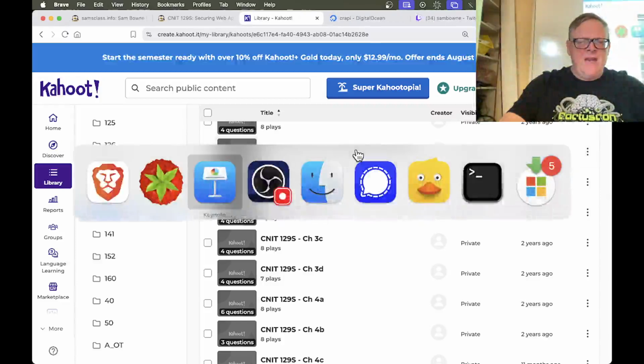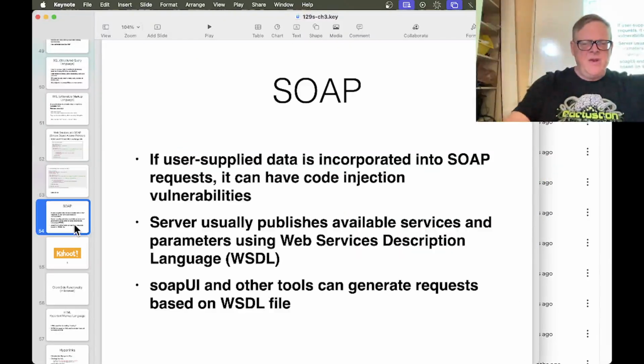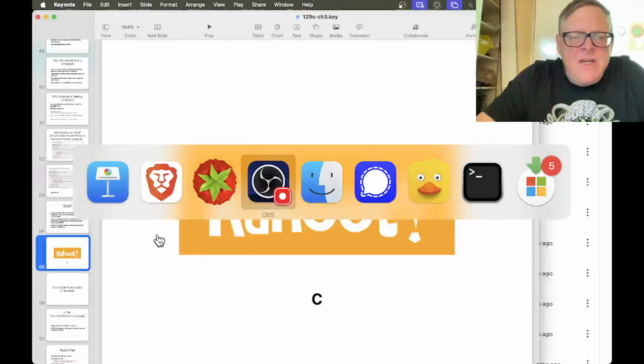So let's go back and look for that. That would be SOAP here. Yeah, the server publishes the available services using Web Services Description Language. It's part of SOAP. Okay, I'm going to stop this video and